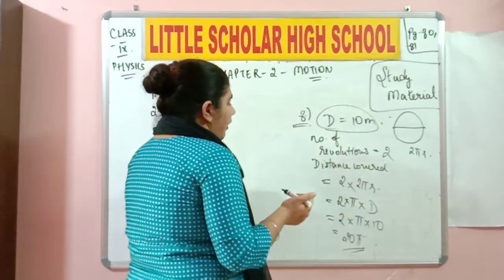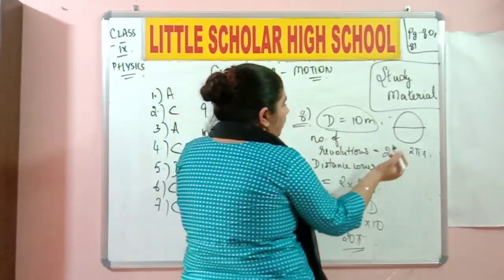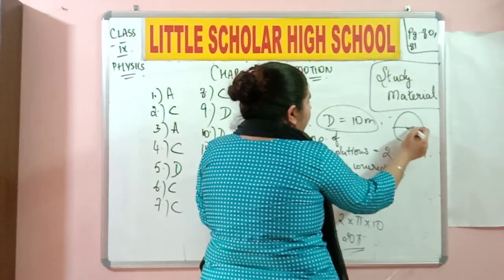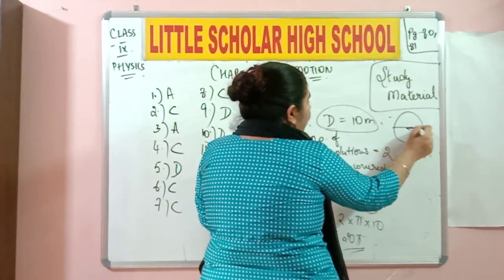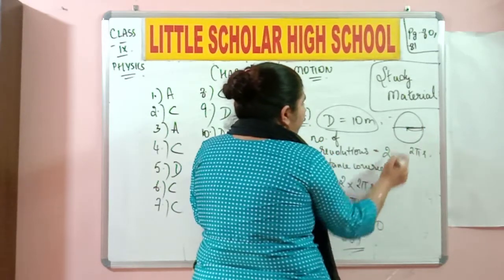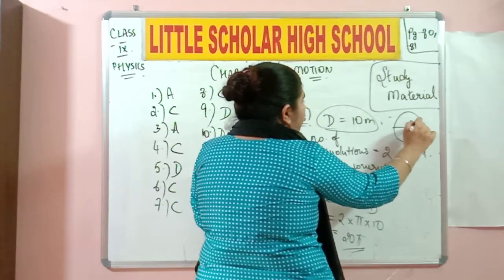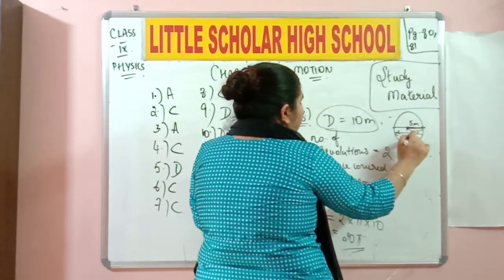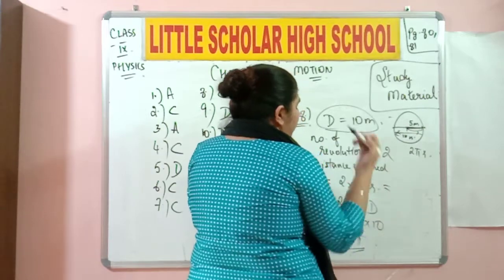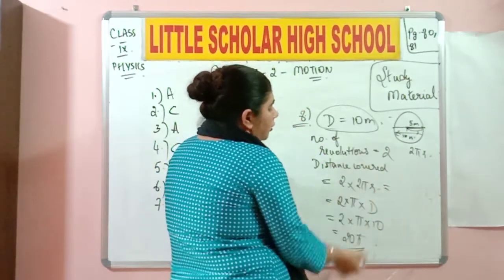So you can have a shortcut here. If we are talking about the particle moving inside the circle, then we need to only discuss the radius. Yes or no? The radius is going to be around 5 meters because the diameter itself is 10 meters. So here itself you can directly calculate it without thinking about over here.